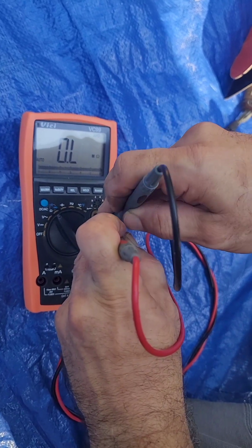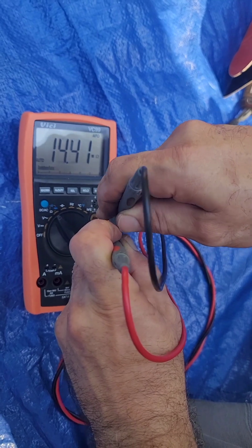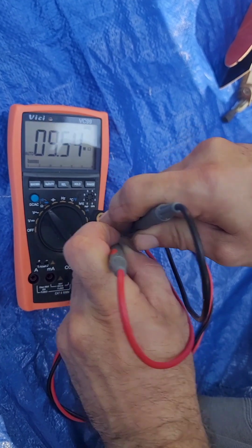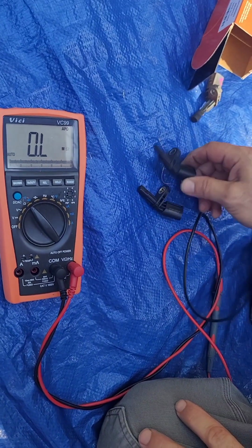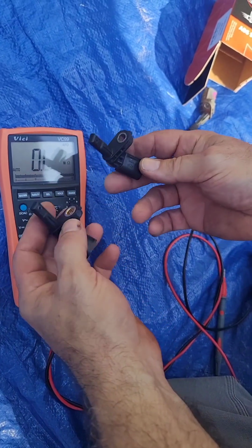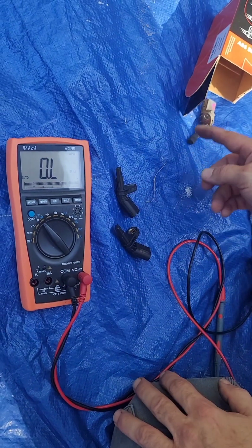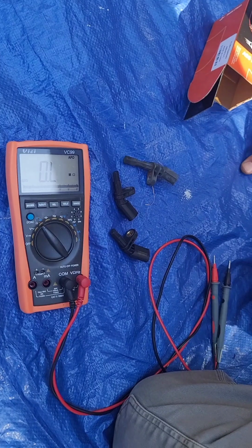It's very difficult to measure those. You have to be careful. Well, you're gonna see, if you touch, it's gonna be 9 mega ohm. So the one we just replaced now is good because it has the same. See, this is the new one and this is the one we just replaced. It has the same impedance. Maybe the ones in the back have a different impedance, so we don't know until we find a